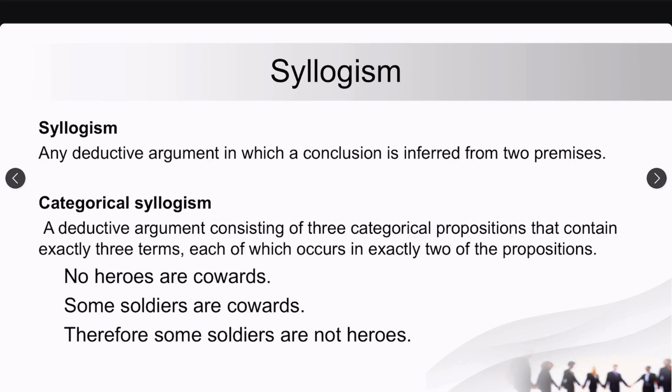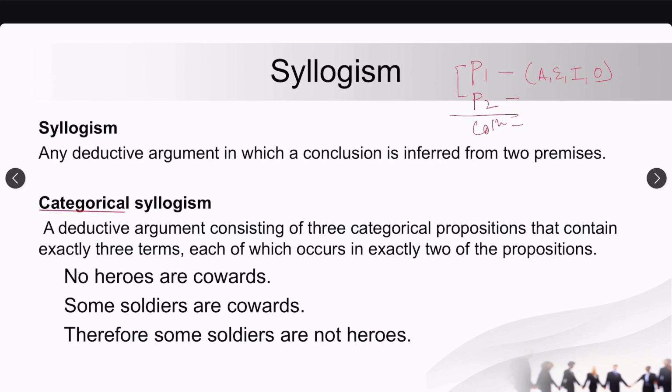Now what we can see here is that in syllogism the basic thing is that it has premise 1, premise 2, and then we have a conclusion, meaning that there are exactly two premises. Now in case of categorical syllogism, यहाँ पे जो भी आपके premises है that should be in a categorical proposition form, meaning that A, E, I and O propositions आपके होने चाहिए. So that is the basic difference between syllogism and categorical syllogism.